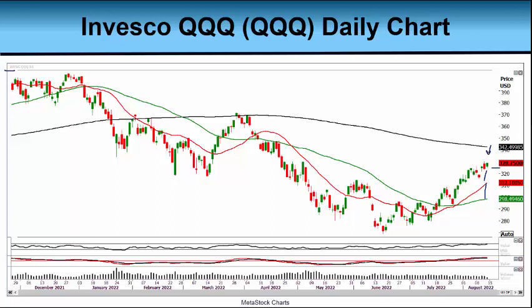Now, the Nasdaq fell like the SPY did since the beginning of the year, came down dramatically, rallied up in March. Everybody did. We said, no, we can do this. Note that 200-day moving average, and note how price said, good grief, I'm trying, but nope, couldn't happen, and price bumped its head several times against the 200-day moving average and then said, can't do it, don't have it. So it came down here, rallied up in May a little bit, up to about 312, then fell down, and the June lows here were